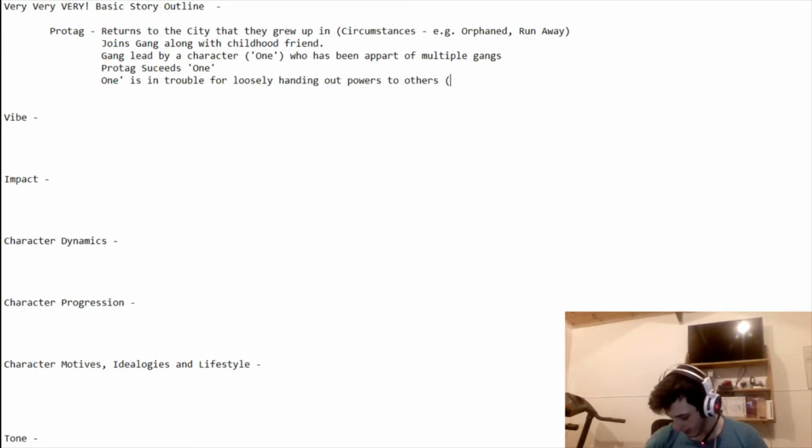of relics that can give you powers. Now, when you get given a power,